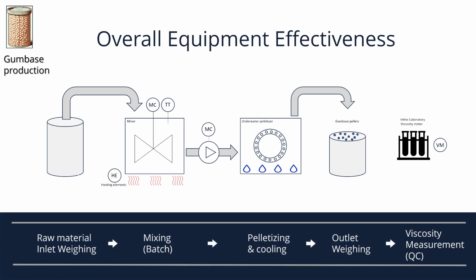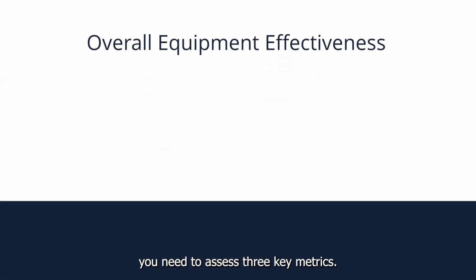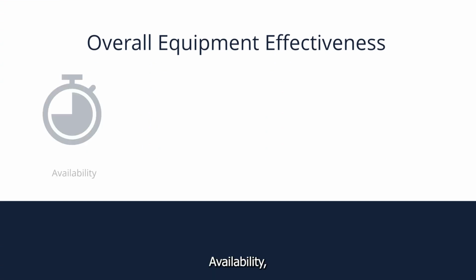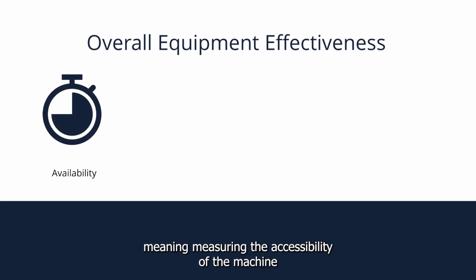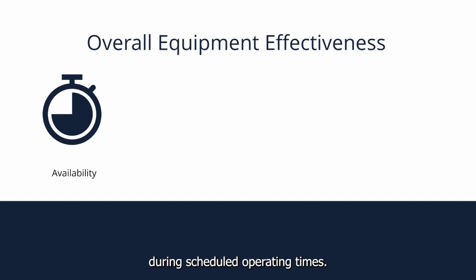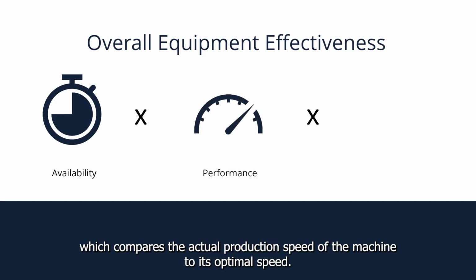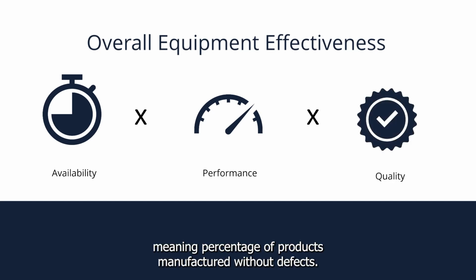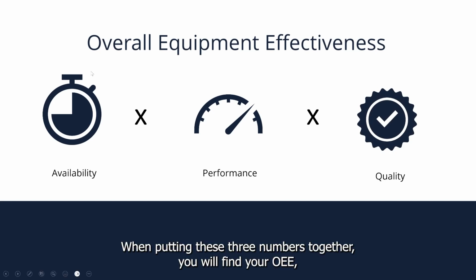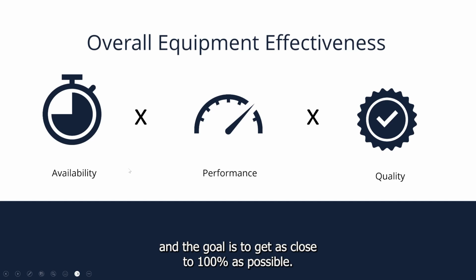OEE is the standard for measuring productivity in manufacturing. In order to calculate OEE, you need to assess three key metrics. Availability, meaning measuring the accessibility of the machine during scheduled operating times. Performance, which compares the actual production speed of the machine to its optimal speed. And quality, meaning percentage of products manufactured without defects. When putting these three numbers together, you will find your OEE, and the goal is to get as close to